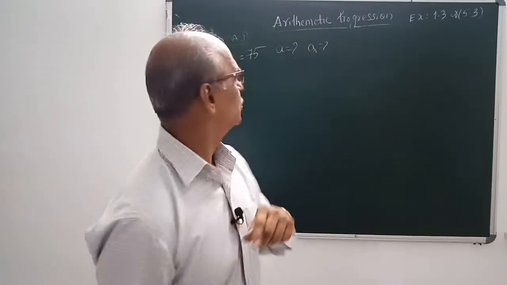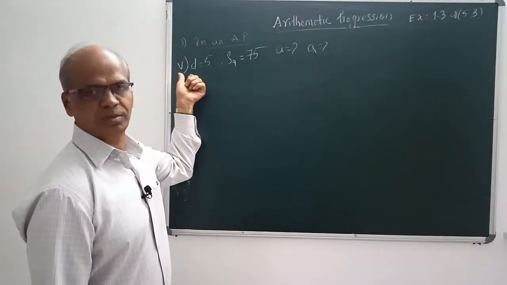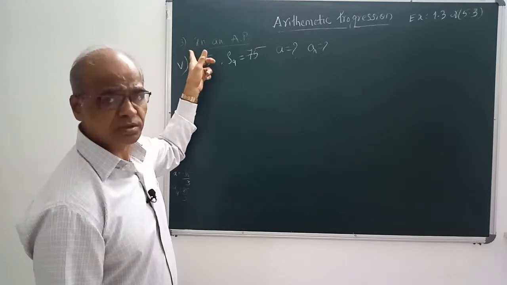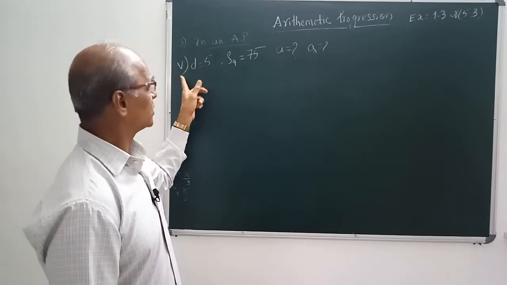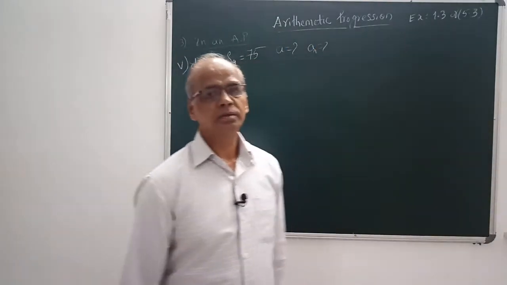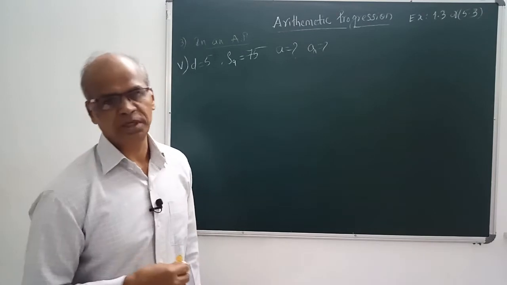See here, in the previous video, up to the 4th sum I have done. Now this is a continuance, that is the 5th one. Of course, it is the third main only, 10 sums are there. This is the 5th one I am continuing. Exercise is 1.3 and 5.3 for basic one.